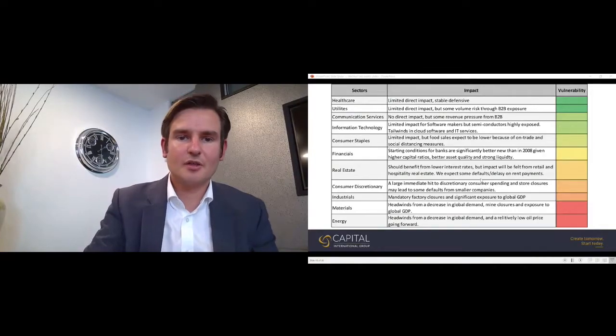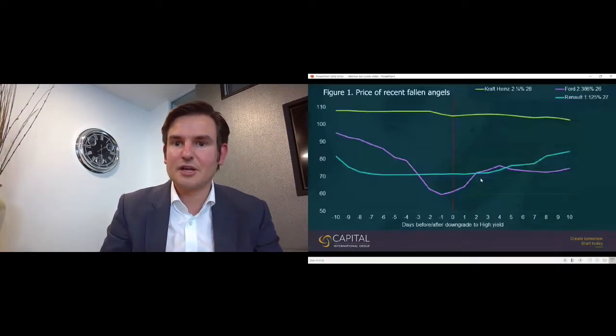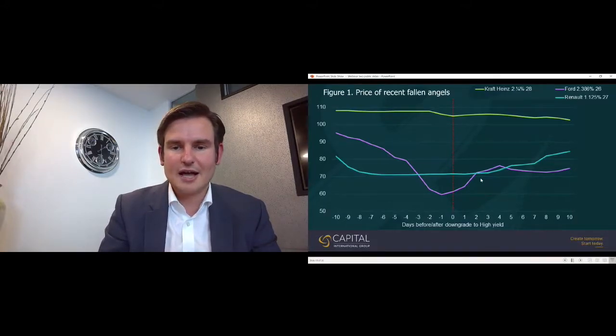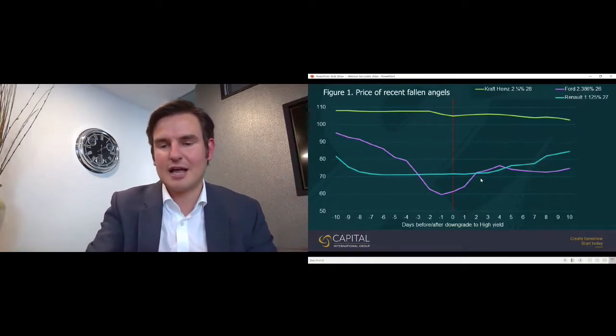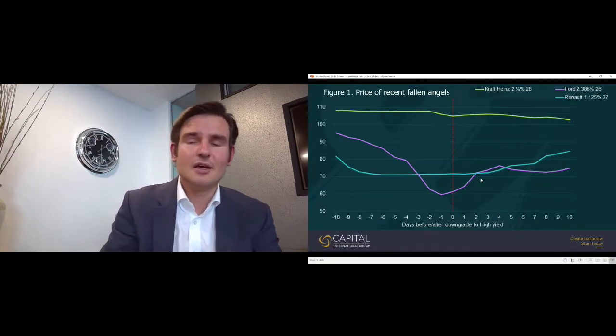The next slide that we wanted to just highlight, and this goes back to the point that we mentioned on downgrades. This just looks at 3 fairly big names: Kraft Heinz, Ford, and Renault, and it illustrates the point at which they were downgraded from investment grade to sub-investment grade, and the impact that that's had on their price. And you can see that point there, where it will have an impact of a downgrade on some fairly large well-known names that you may well have within existing portfolios.